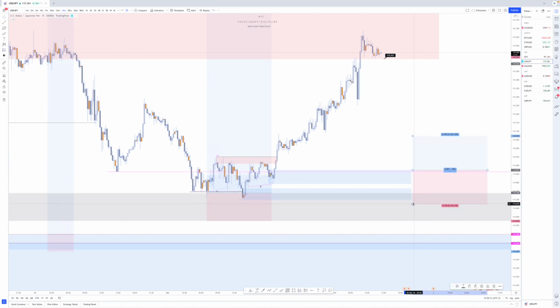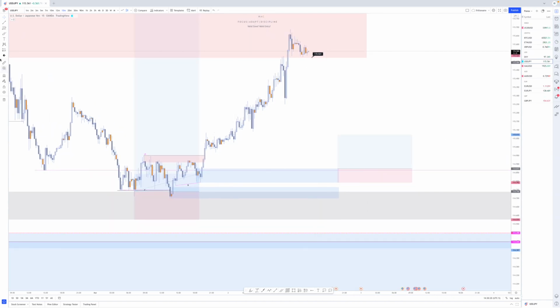Now, for those of you within the Telegram community, you guys are going to get my lower time frame entries once price taps into this region. For everyone else who's not a part of the Telegram community, what you guys can do is just use your own entry model, use your own entry method, whether it's a candlestick pattern, whether it's a rejection, whatever you guys decide to use in order to take advantage of this trade. Everyone else, you guys know I have you covered within the Telegram community.